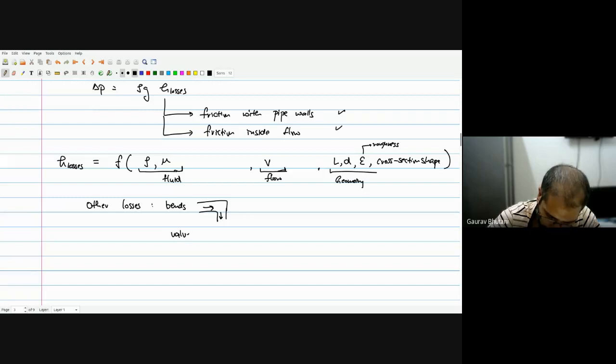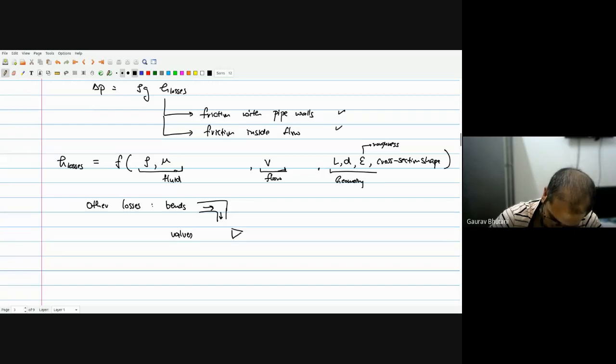The next is valves. You have seen valves; the easiest example is the tap. You use the tap, you open the valve, the water starts flowing, you open it further, the water flow rate increases. So these valves are used to control the flow, or in many cases the flow rate. Whenever you have a valve, this will create some sort of resistance to the flow, so it will have an added loss. If you had a flow with a valve in it which is partially open, that may result in some loss, so you'll have to compensate that with a pump.